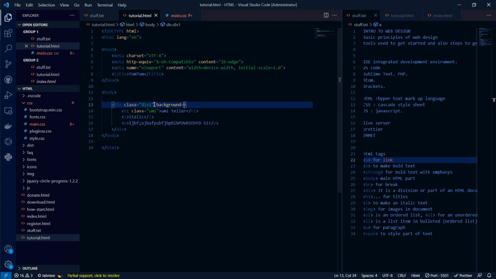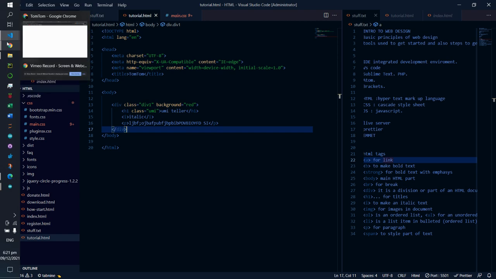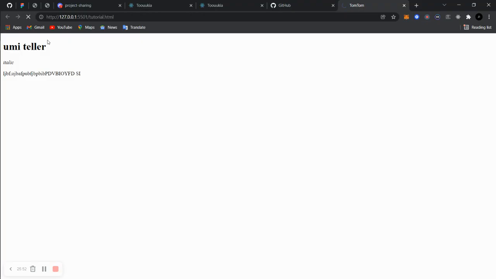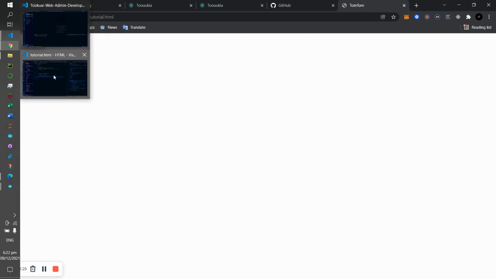So here you can do background red. I don't think it will work, but people actually do that. They change their background to a particular color. But the background might not really work extensively because we already have a div working that is supposed to do that for us.